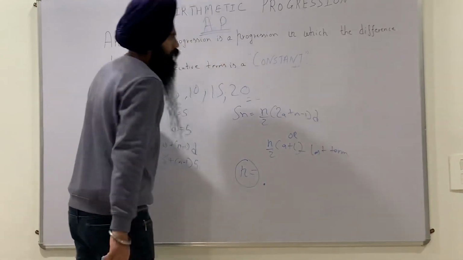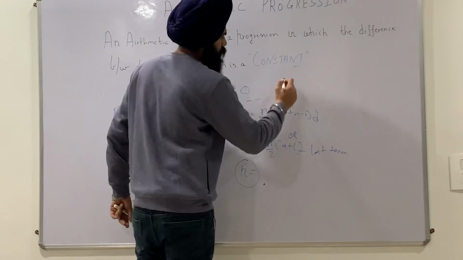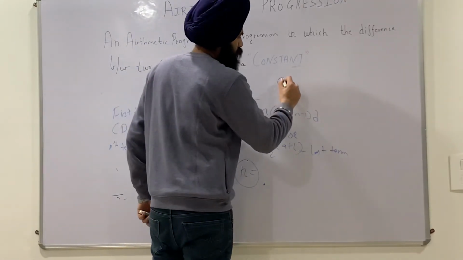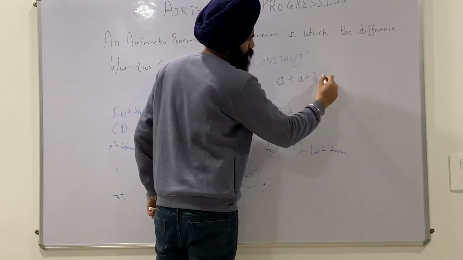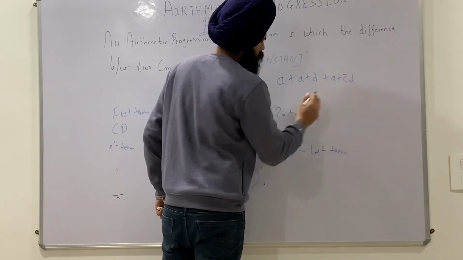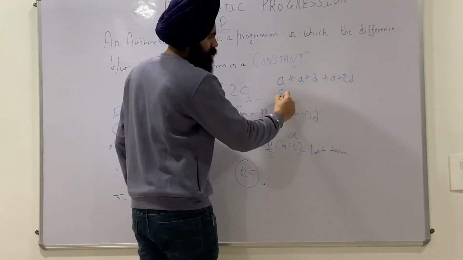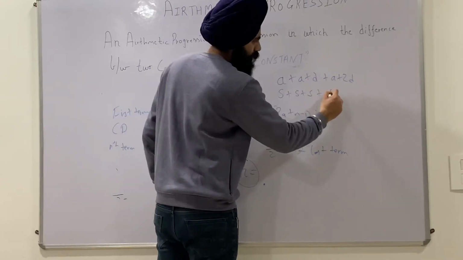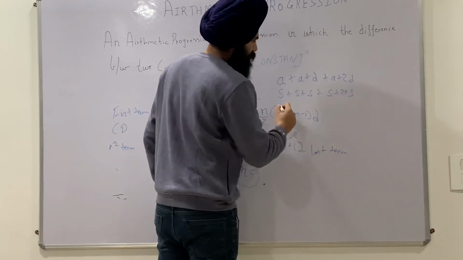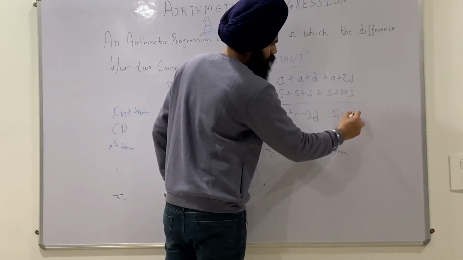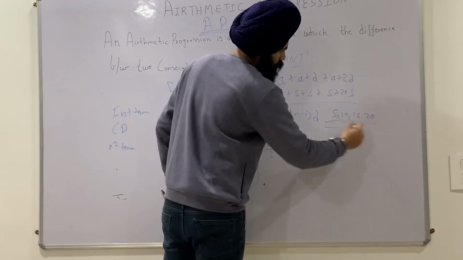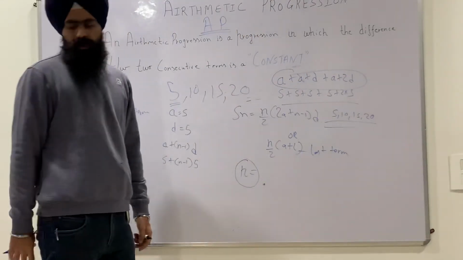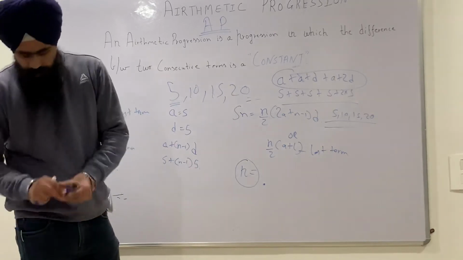We can find this. And the last thing, very important, we should know the general form of an AP. What is the general form of an AP? a, a plus d, a plus 2d. See, a is 5, 5 plus d, and d is also 5, so 5 plus 5. a is 5, plus 2 into 5. So what will we get? 5, 10, 15, like this. So this is the general form of an AP. The rest we will learn in the next class. Till today,